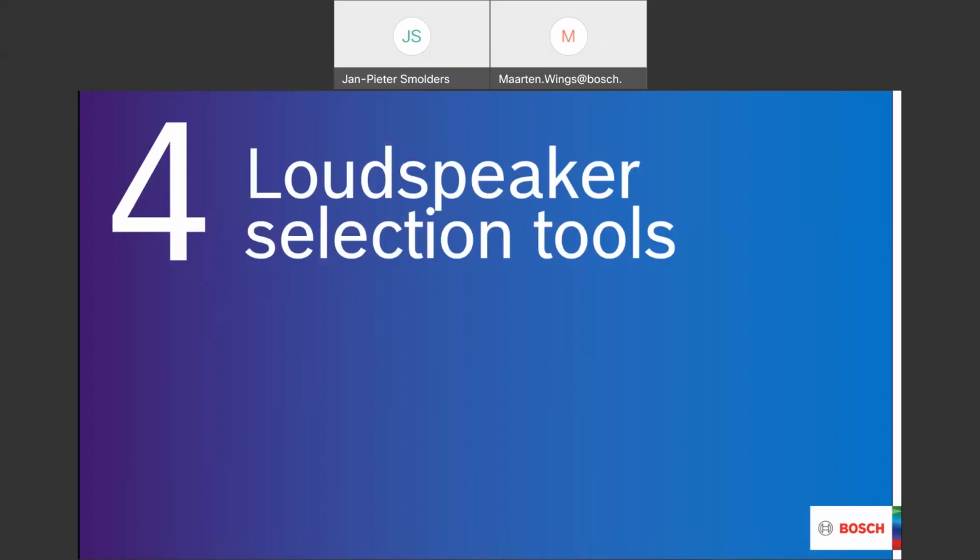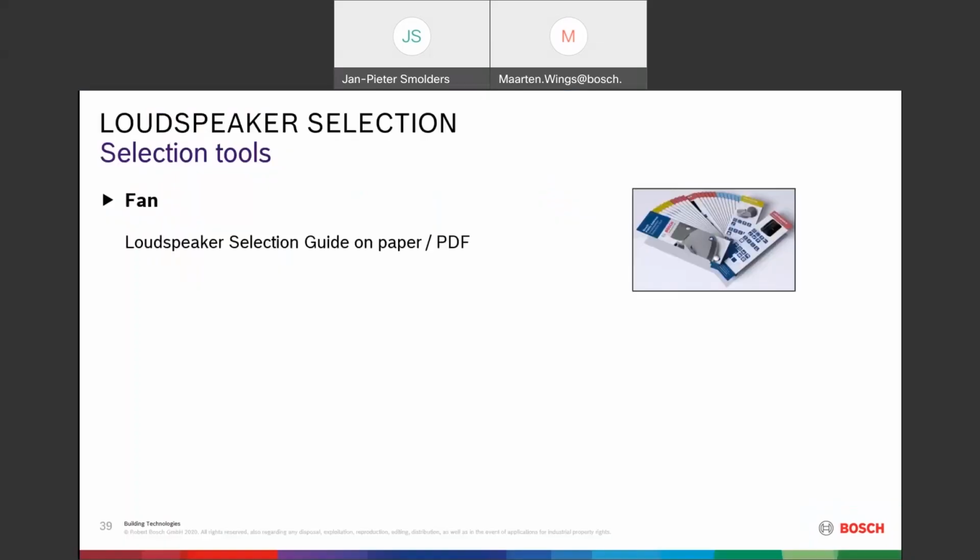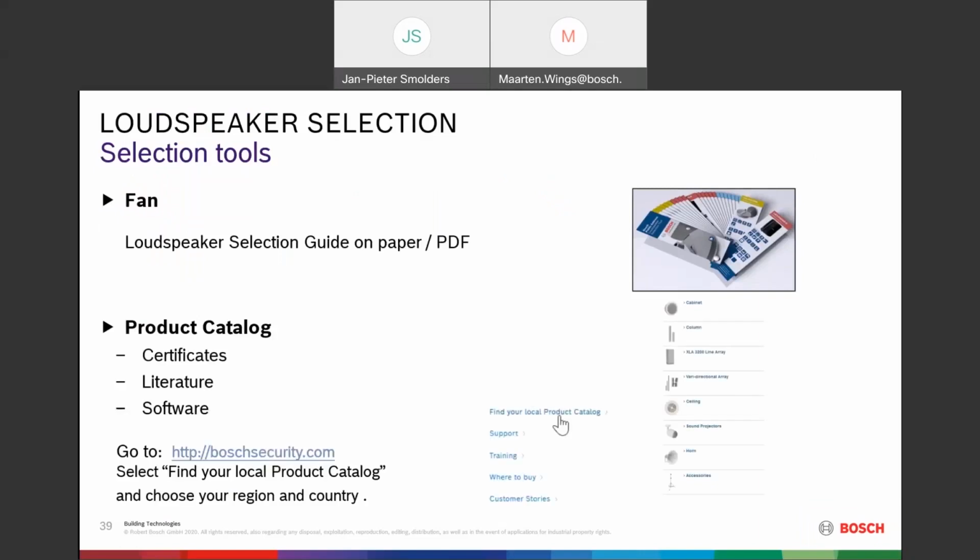Okay, let's look at the loudspeaker selection tools. We have a selection guide on paper. This one you see here, an example on the right. You can make a selection of the different categories and then look for the loudspeakers that you require. For more detailed information, you can also go to the product catalog and go to our site